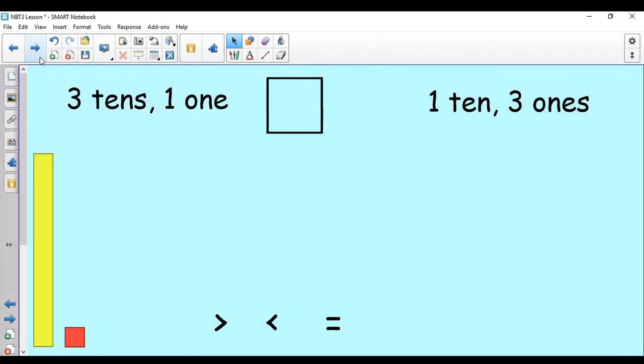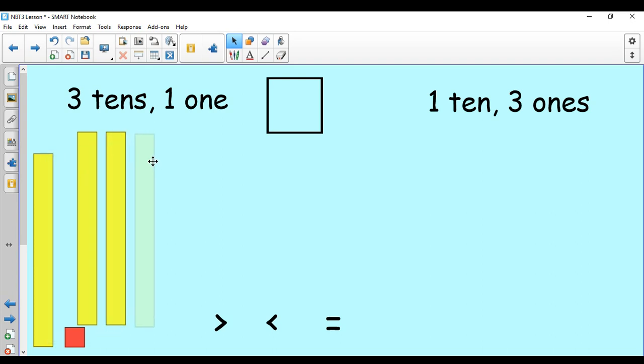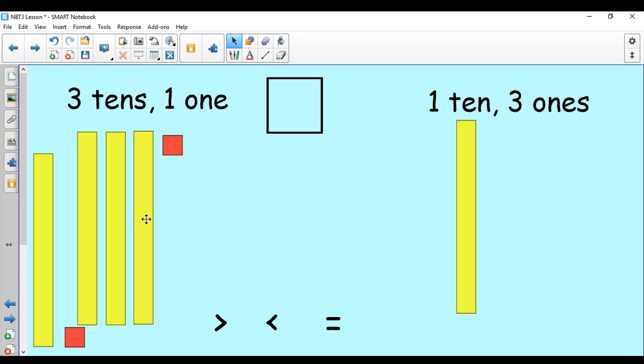Okay. Now on this one, we have 3 tens and 1 one, and 1 ten and 3 ones. So if I were going to draw out my 3 tens, 1, 2, 3, 3 tens, and 1 one. And then the next one, we have 1 ten and 3 ones. So this one, we've got 1 ten, and then 1